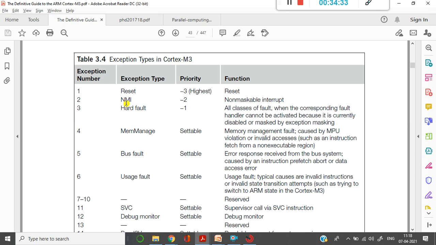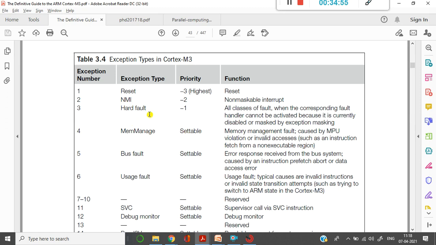That particular table contains the addresses of the interrupts that are supposed to be executed. Now NMI is a higher priority interrupt. If I want to execute this NMI, the program counter should get its address, and that address is stored in your vector table. That's it.